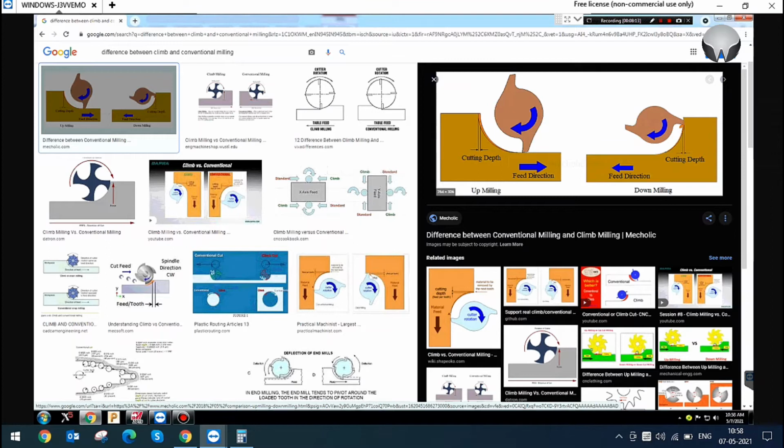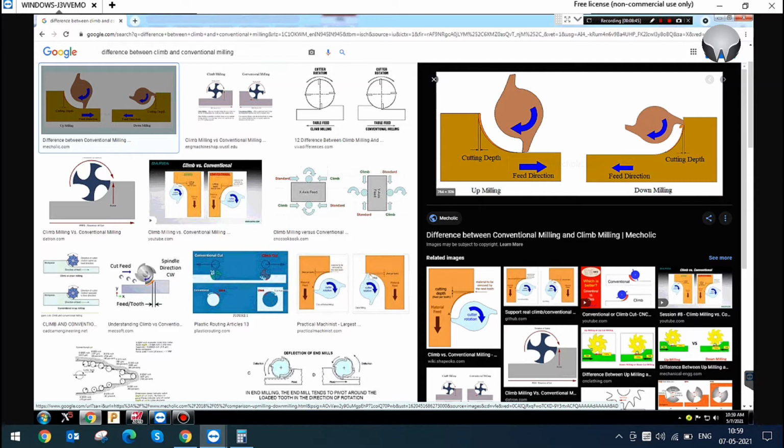You can use down milling for roughing. For finishing, you can use up milling to remove the burr from the faces. If you are running down milling, the burrs, the removable material scraps, are placed on the face of the component, so no finish will come.